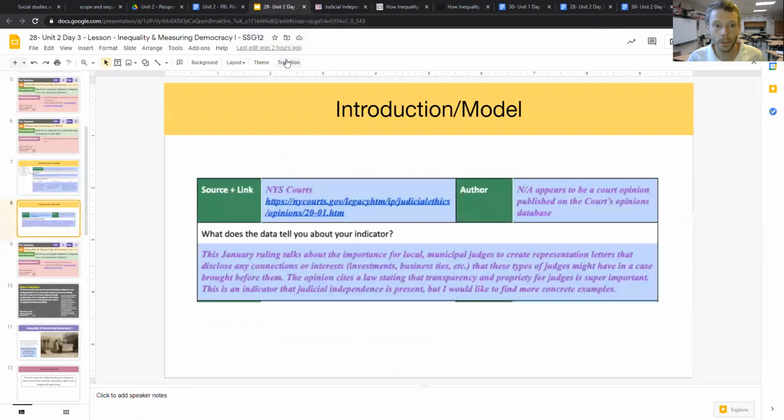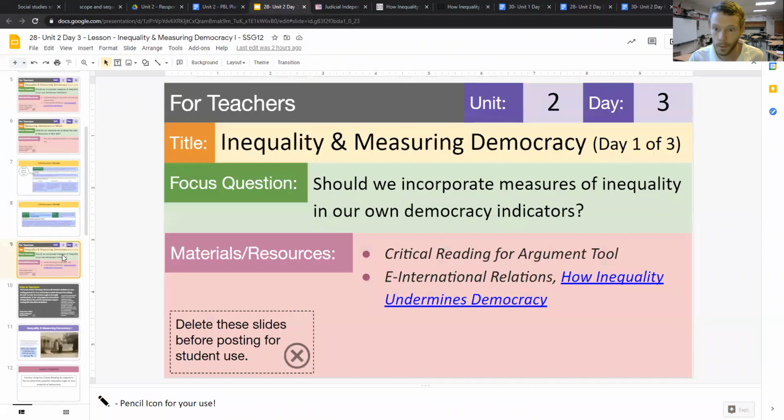Okay. In subsequent videos, we'll dive a little deeper into day 1 of 3, where we look at the critical reading for argument tool. And we'll consider how we can use the article Inequality Undermining Democracy to really measure democracies as they